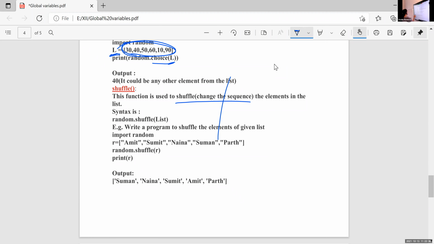So if my list includes Amit, Sumit, Naina, Suman and Parth, when I am using shuffle, it will just rearrange these values. So it will display like Suman, Naina, Sumit, Amit, Parth. Or when you execute once again, it will generate another order. Okay, that is shuffle.